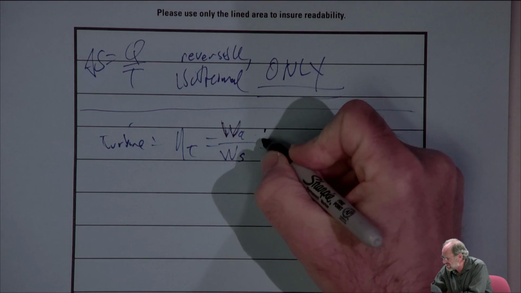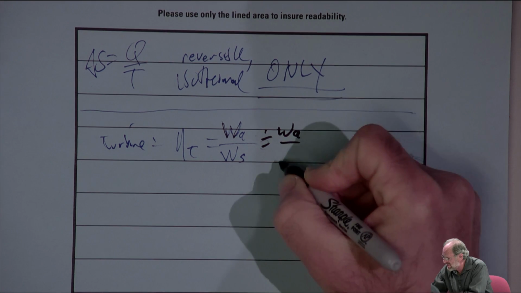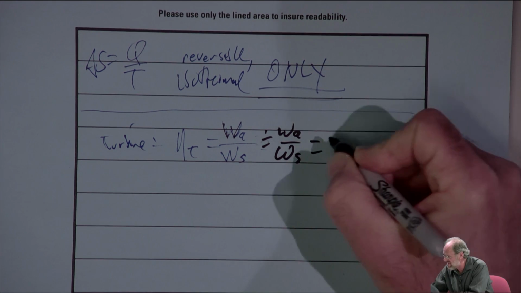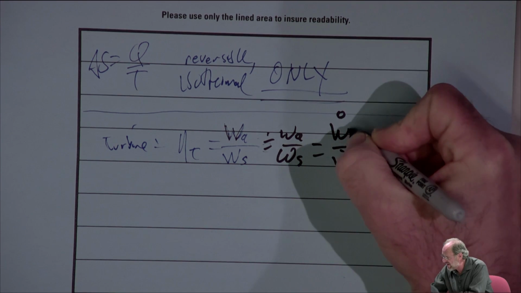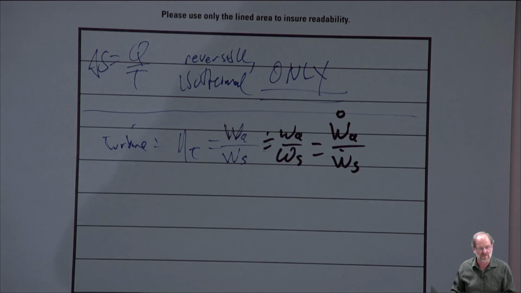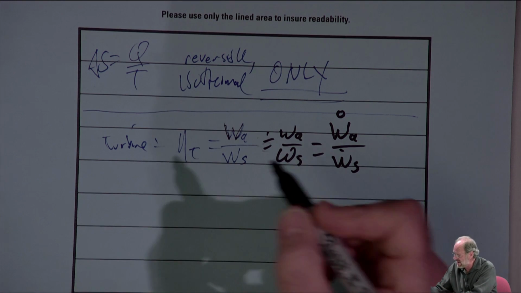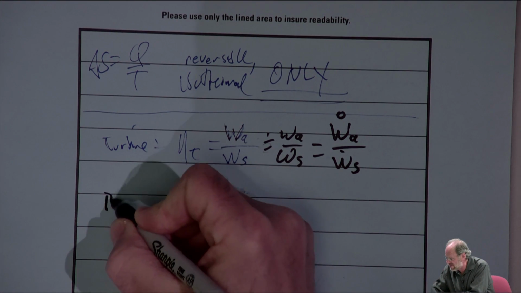So we could write the actual work per unit mass over the ideal work per unit mass. We can write it as the actual power over the ideal power. They're all essentially the same, right? For a pump and a compressor,